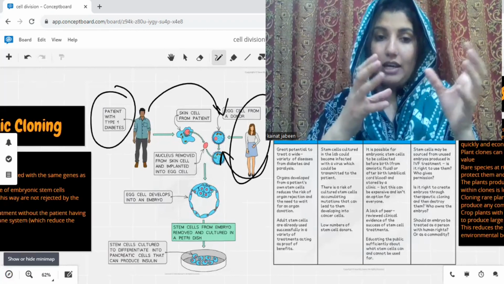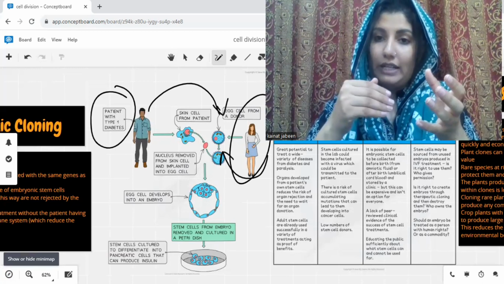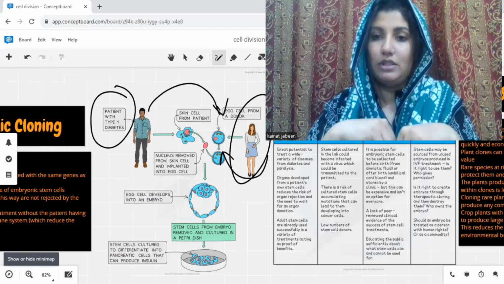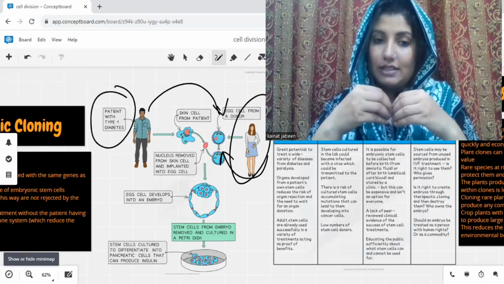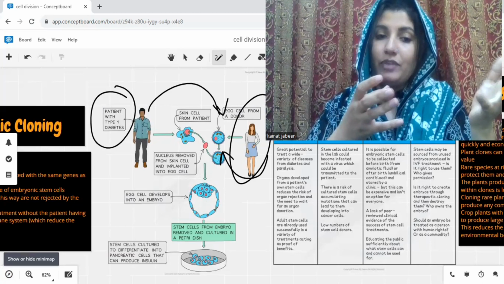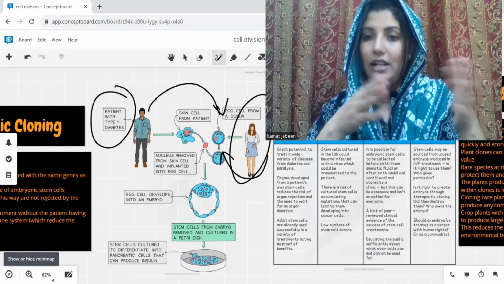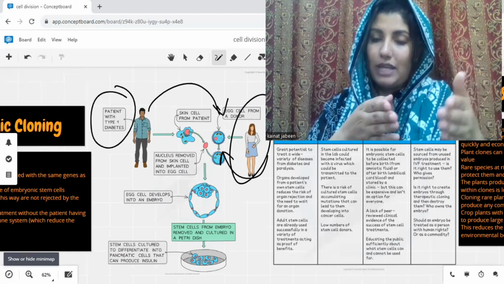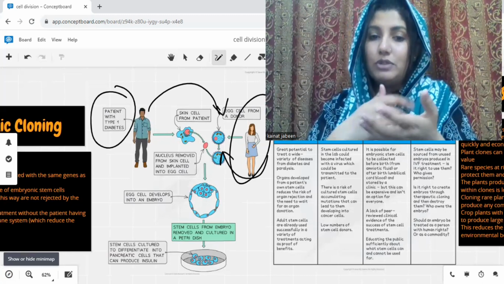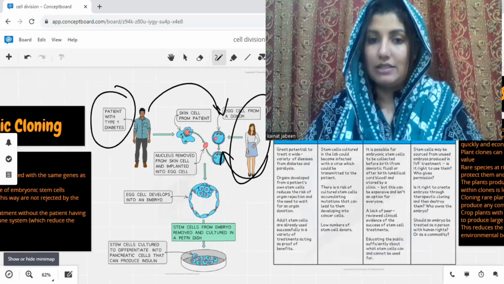Now from the egg, a new embryo will form, and the new embryo is going to divide. So we collect the embryos or embryonic cells, culture them in a petri dish, and differentiate them according to our desire. If we need pancreas cells, we will produce pancreas cells from those stem cells, or if we need nerve cells, we will produce those. So this is the best way to use stem cells.